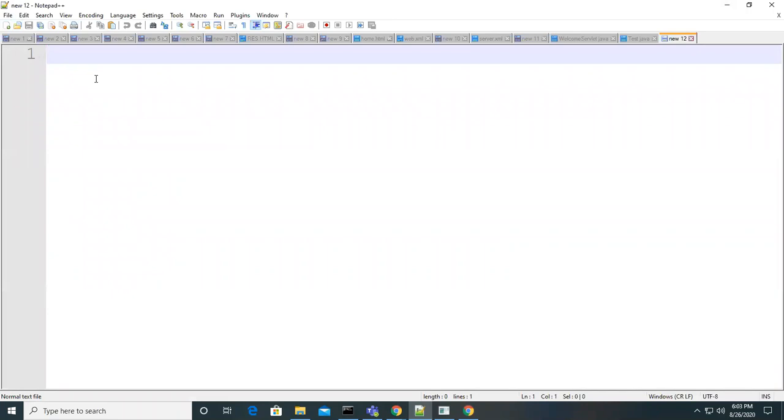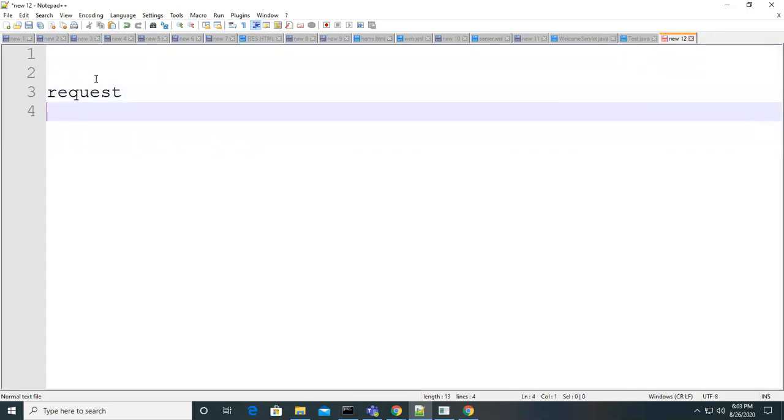Who creates the request object, guys? Are you going to create it, or who creates the request object? The server creates the request object, and the response object also. Two objects will be created immediately.